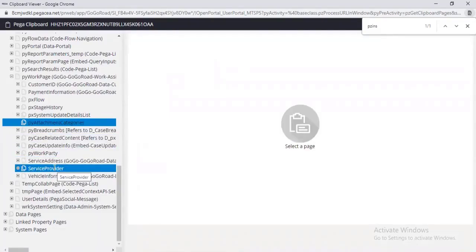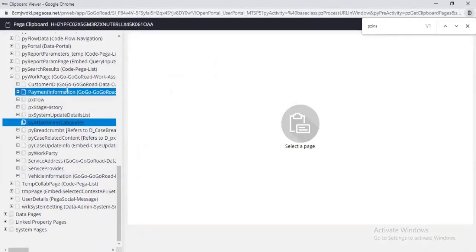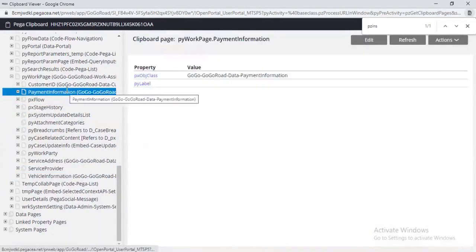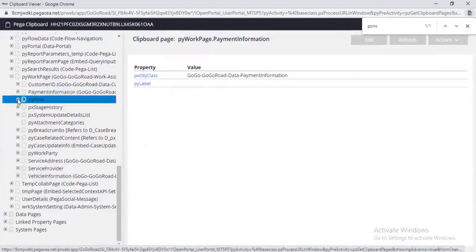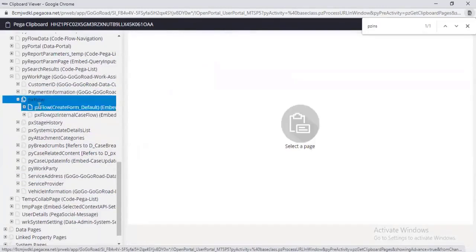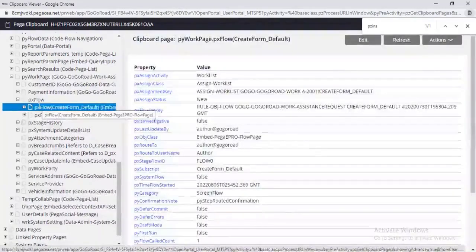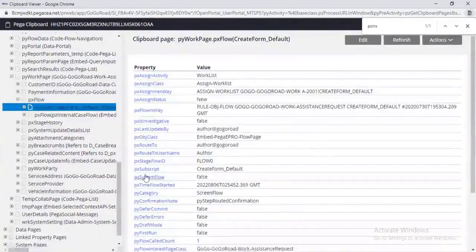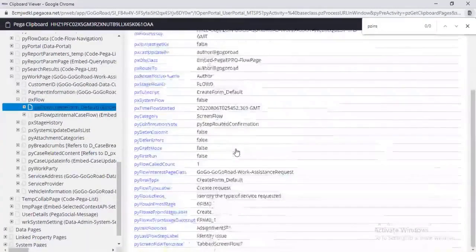What is a pzInsKey? It is a column which will be created by Pega itself, and it also will have a unique value. Any questions, guys?